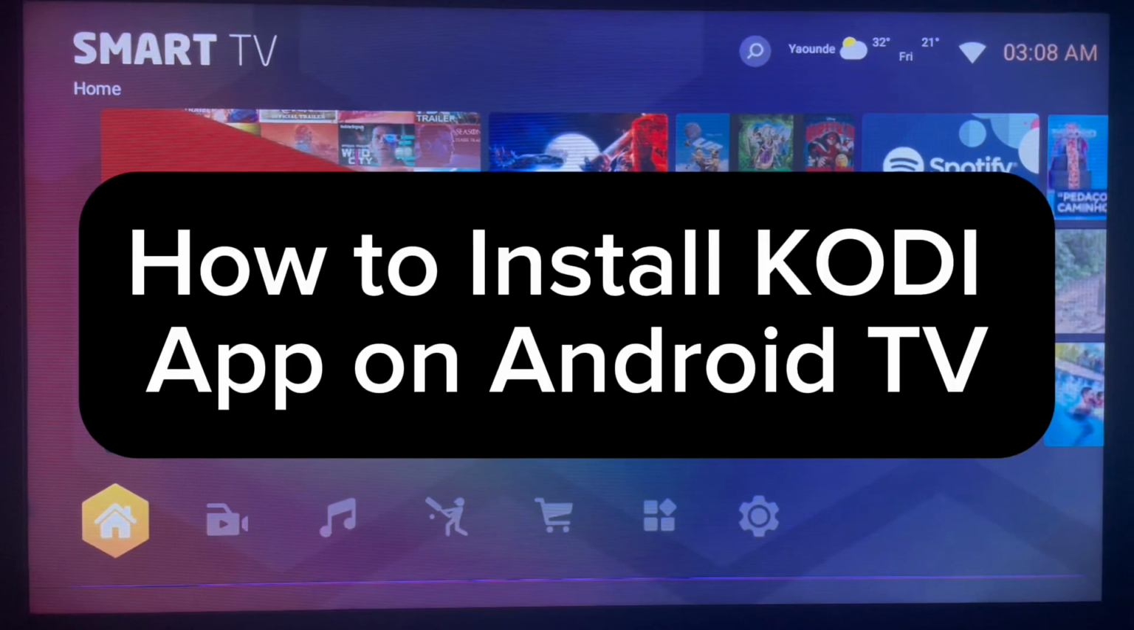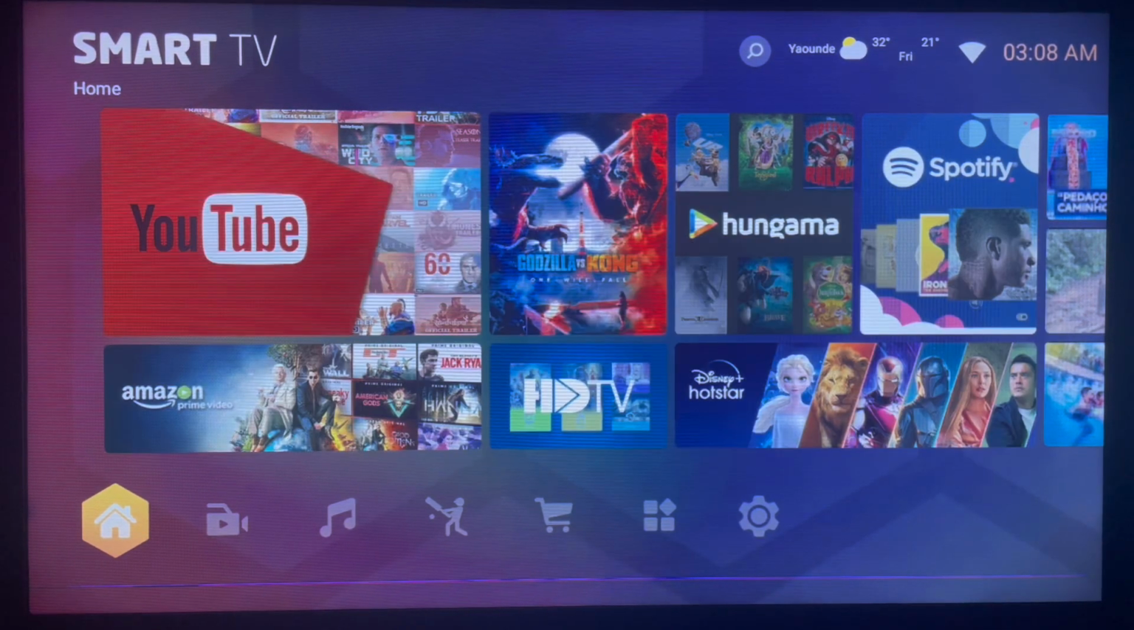In this video, I want to show you the easiest way to install KODI app on your smart TV or